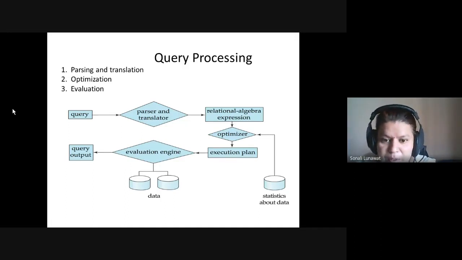Same thing in a programming language: if you do not follow the proper syntax, you will get a syntax error. Like in C, if you are missing a semicolon, you will get an error saying semicolon missing. So that makes sense: the query is checked for proper syntax, whether they are going to follow it or not.